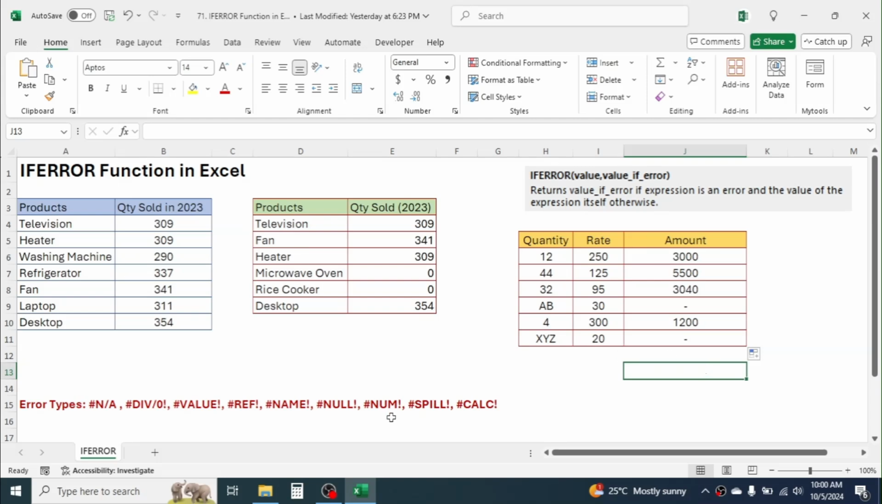So, in this way, we can use the IFERROR function in Excel to handle the errors that we get while